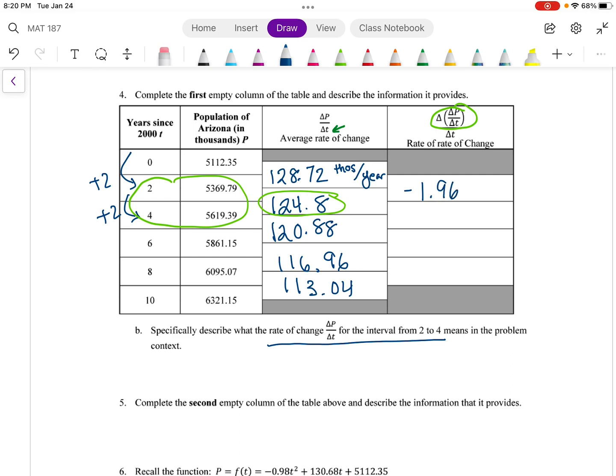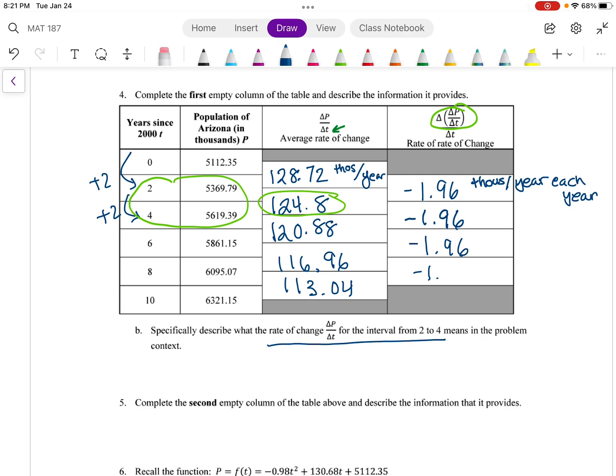1.96 thousands of people per year each year. So this is the rate at which the rate is changing. So thousands of people per year each year. And if I continued to do this, I'd find that all of those values come out as negative 1.96, which